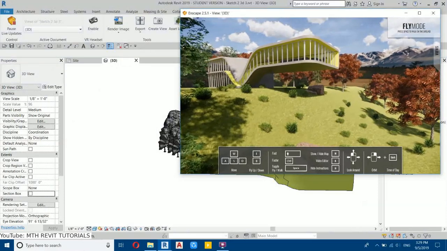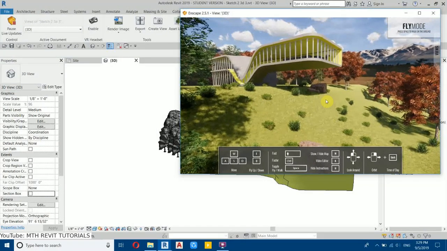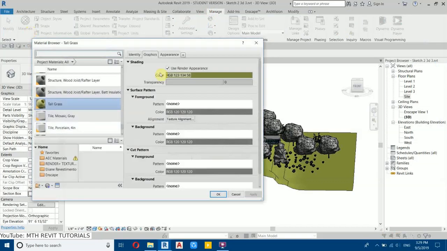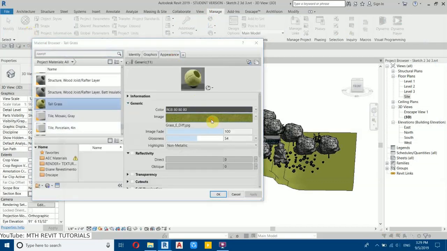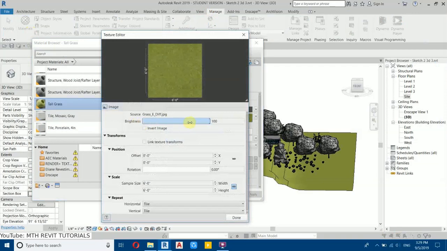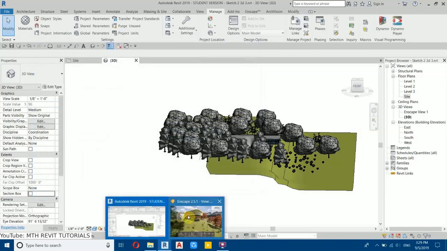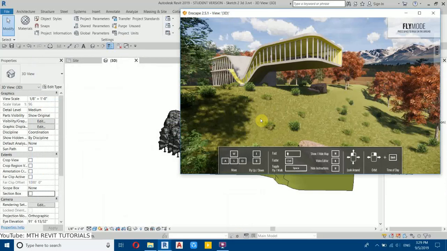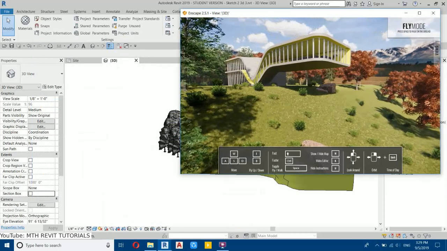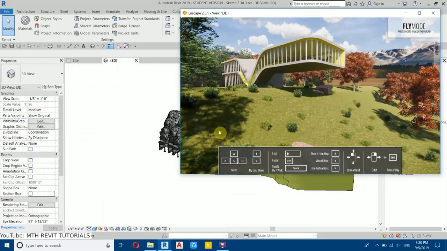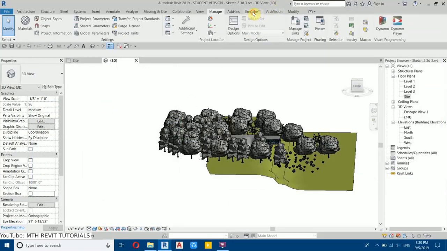But now here we need to make the grass a bit darker. So we will go back to manage materials and then go to appearance and let's just reduce the brightness of this like so. Now click done. Okay, and let's see that here. Okay, it's almost perfect. Maybe if I orbit around here, and now we will open up these settings again,